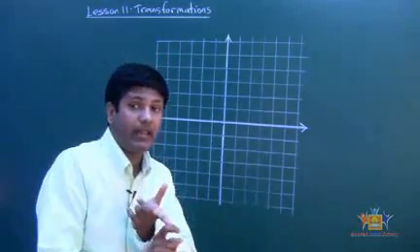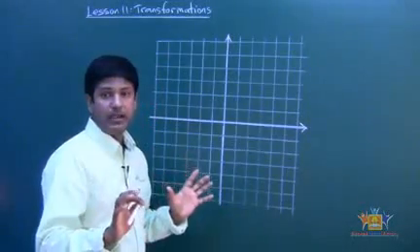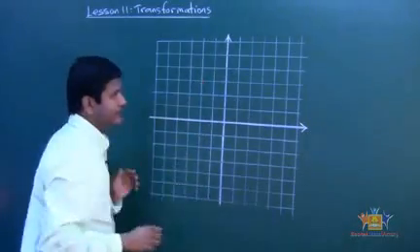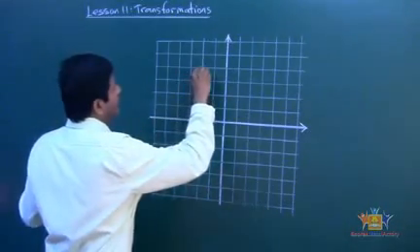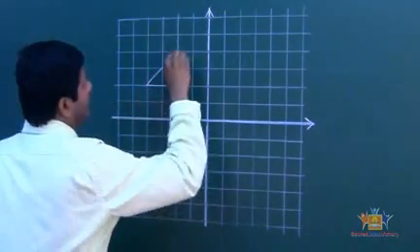Another keyword that I use is the axis of reflection. So keep those two words in mind. Let's say, for example, Mr. Mac, let's draw a figure. Let's say I draw a right angle triangle right there.